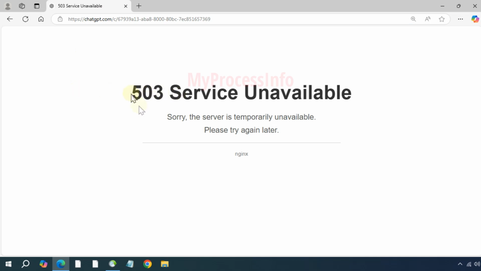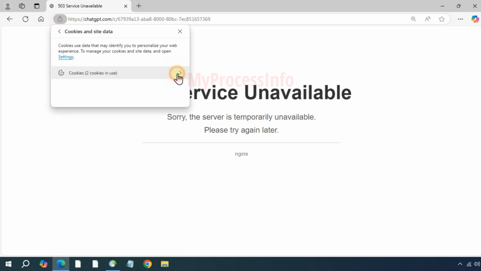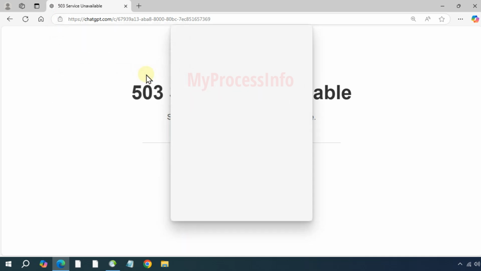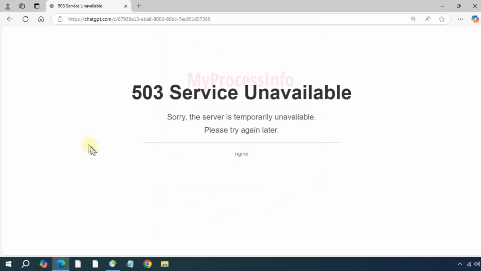Well, if you are getting the ChatGPT 503 service temporarily unavailable error, then the solution is very simple. Click on the website information in the URL section, click on cookies and site data, and remove all the cookies files related to ChatGPT. Now minimize your browser,